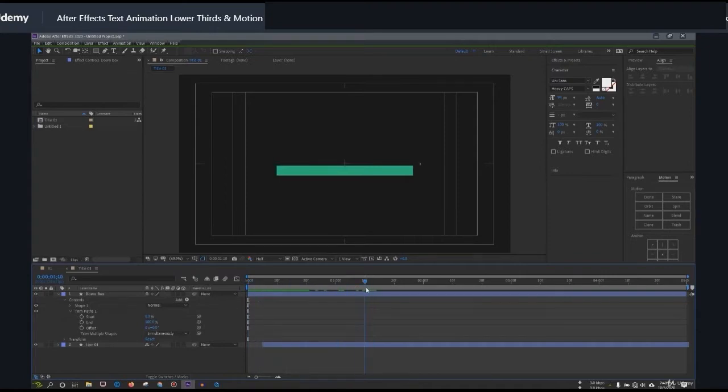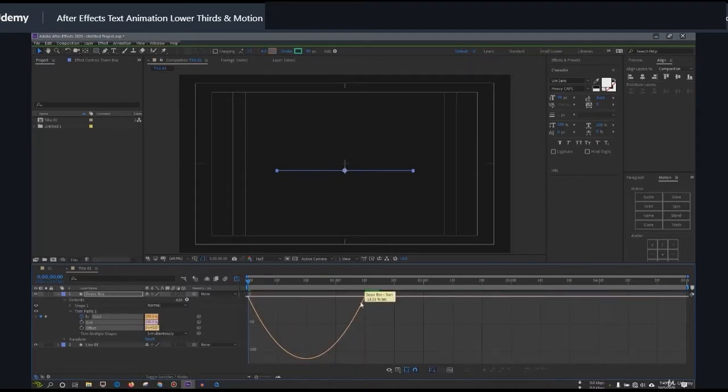Go back to 1 second 10 frame and create a keyframe with the start value at 0, and now back to 0 frame and make it 100. And now select these two keyframes, press F9 on your keyboard and open the graph editor